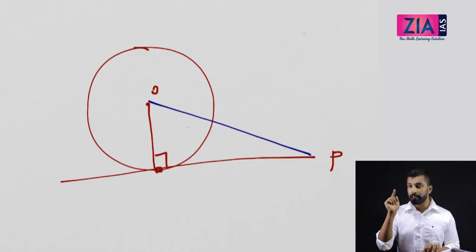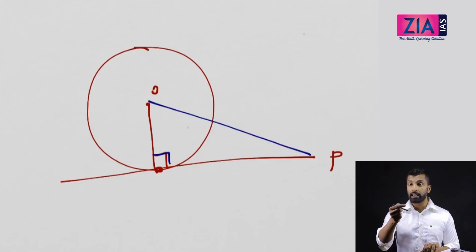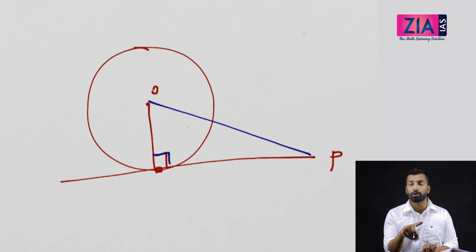So the moment you see a point outside the circle, you imagine that as a right angle triangle. How will you make a right angle triangle? Just drop a point from O. So this becomes a right angle triangle. So obviously if you know one side, we can find the other sides. I have discussed methods for that already. You have seen methods that I have discussed in the square chapter, as well as in this session also, right? So we will have different methods, and that will be very easy also.